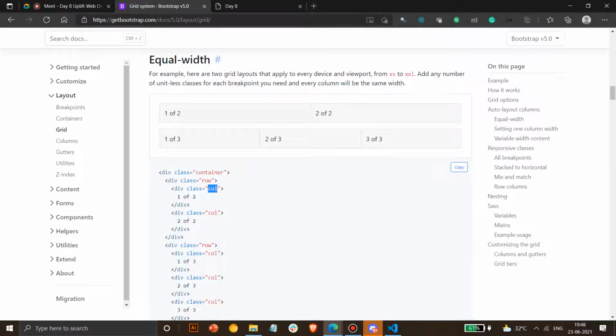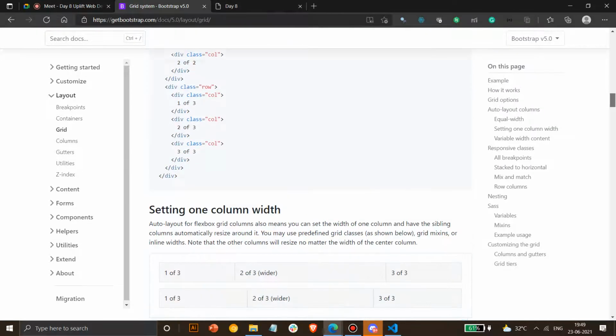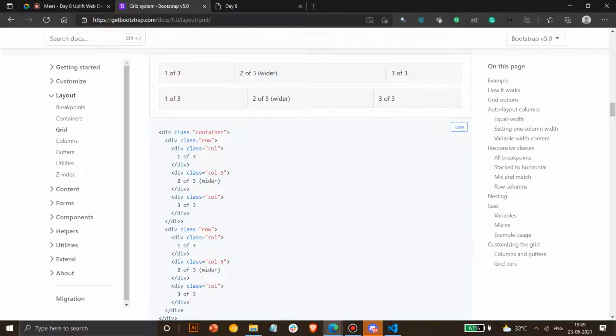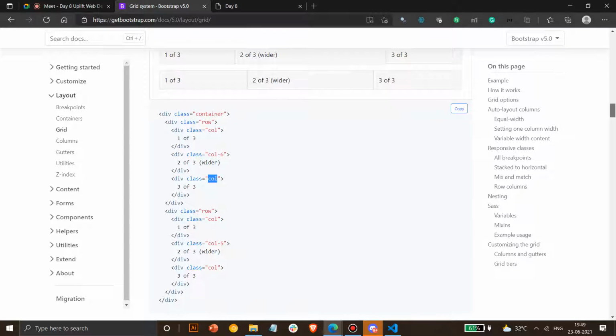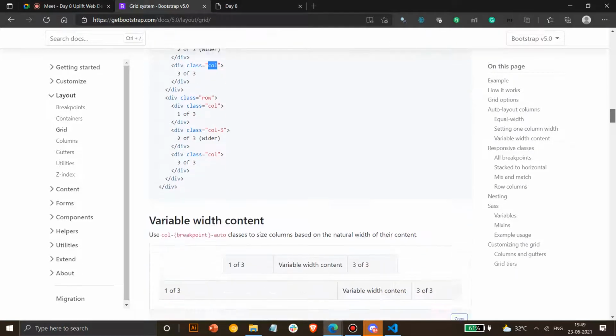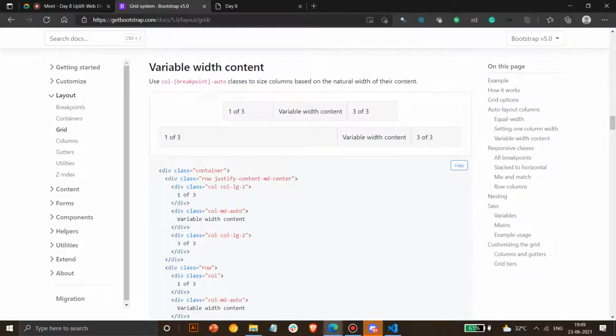And moving on, if you want to specify a particular width, you use col 6, so it will assign 6 units to that place, and the rest will be equally divided because you have used col. So col equally distributes amongst itself, and you don't have to check what the problem is. There's something called a breakpoint.